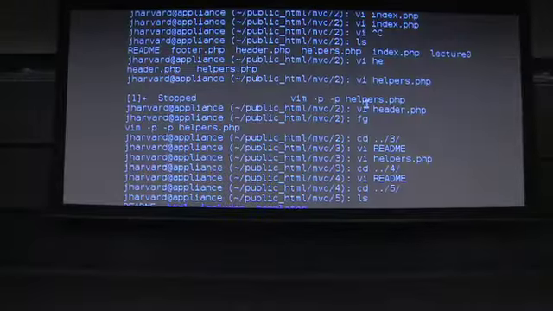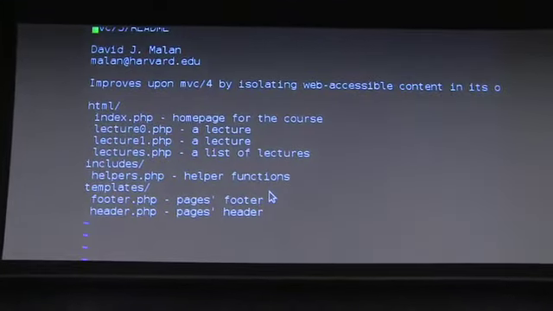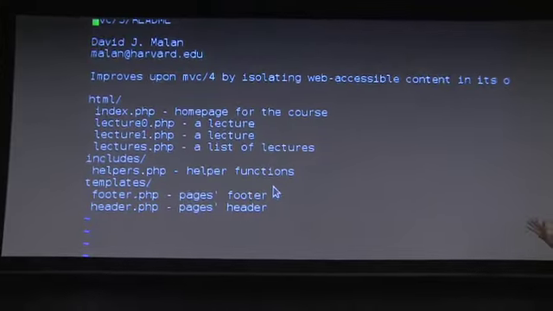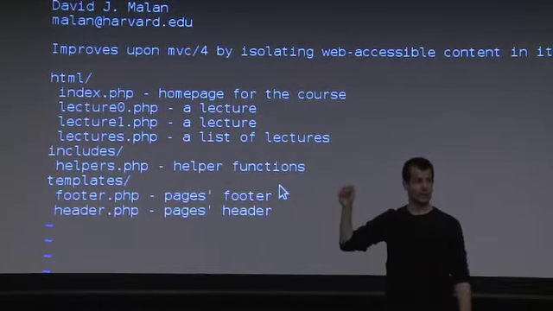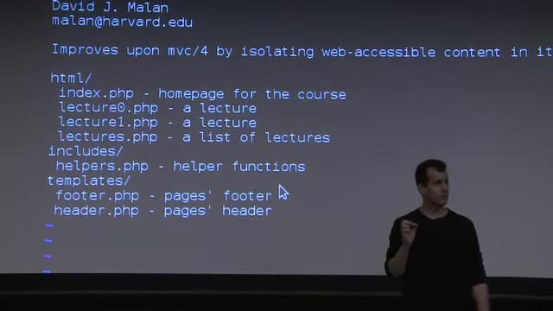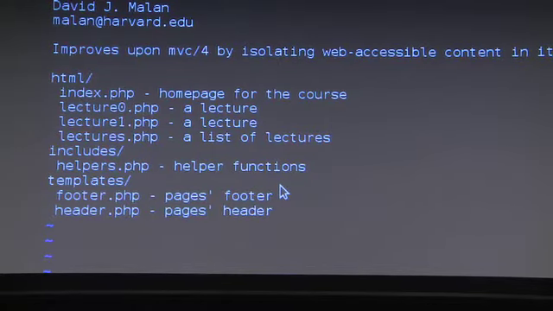And in version 5, what I instead did was this layout. I created a whole new level of hierarchy whereby I still had my includes folder. I still had my templates folder. But what's different this time versus the previous example? Exactly. Now I have an HTML directory, the idea of which is that only the web accessible stuff, including not